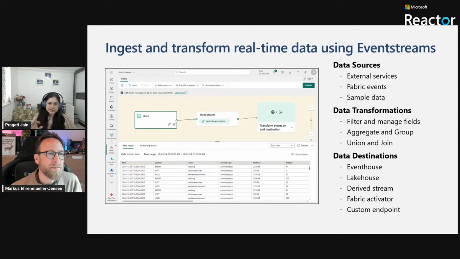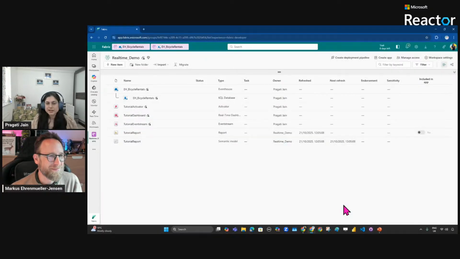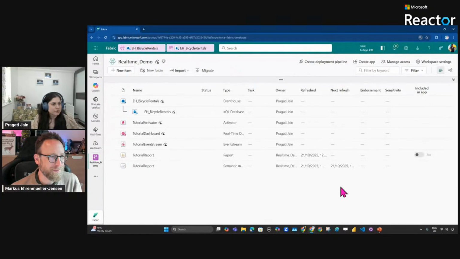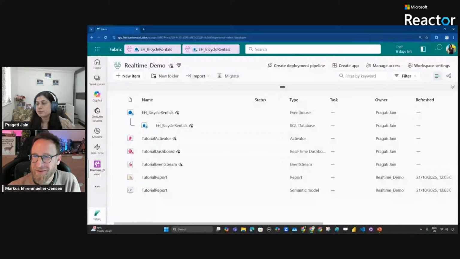Now, let me just quickly flip to the environment, to give you an idea around how this might look. And let me know if this requires a little bit more zoom. Is it clear or does it require more zoom? I hope it should be fine. If there are issues, just put that in the chat. I'll try to zoom in more.